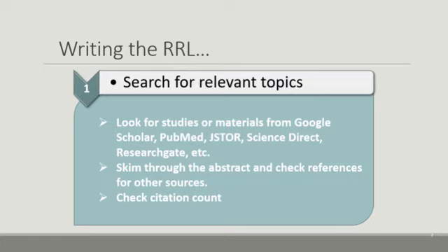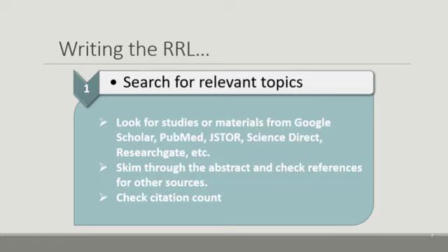For example, Google Scholar, Pubmed, Jstor, Science Direct, ResearchGate, and a whole lot more. Actually, unfortunately, wala tayong access sa mga journals online. However, if you are going to college, you might want to ask the university library if they have access to these things, because it is really good to have an access in online libraries, journal publications, na kung saan